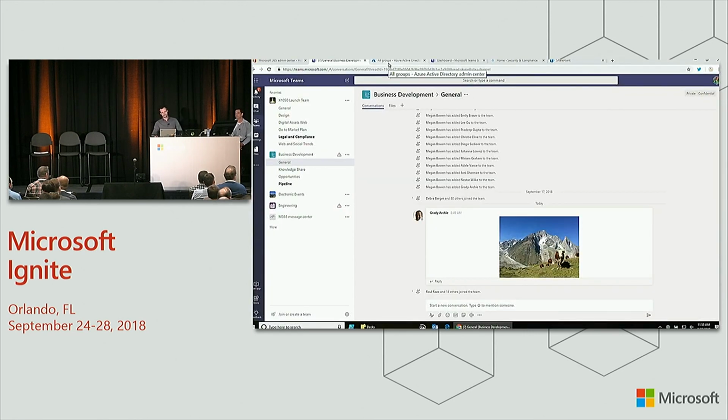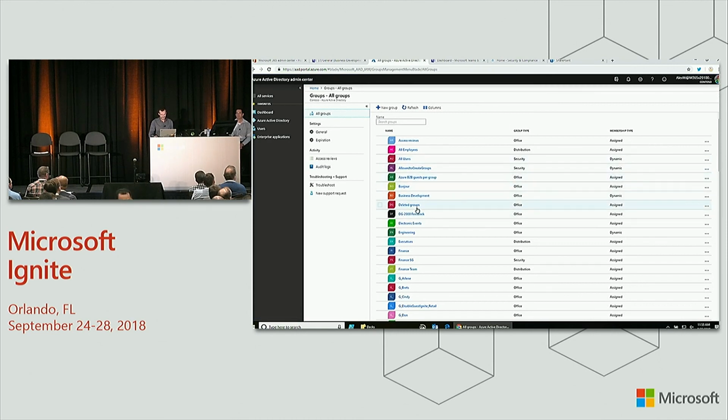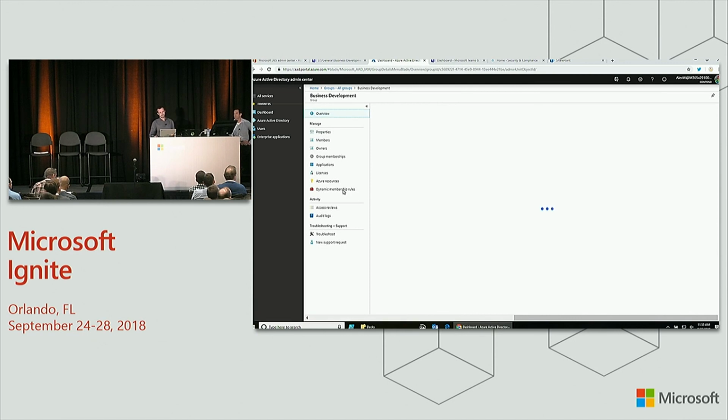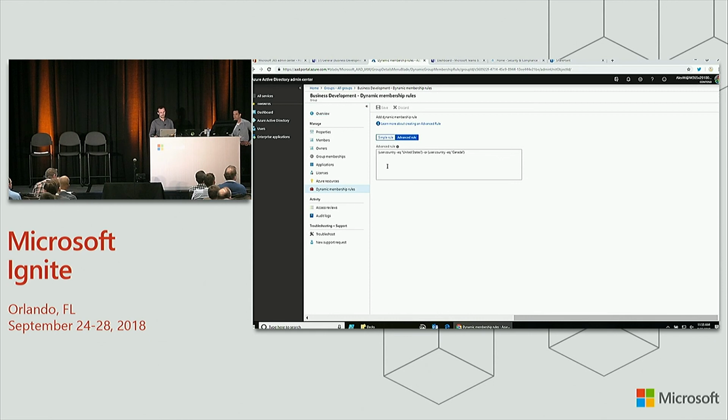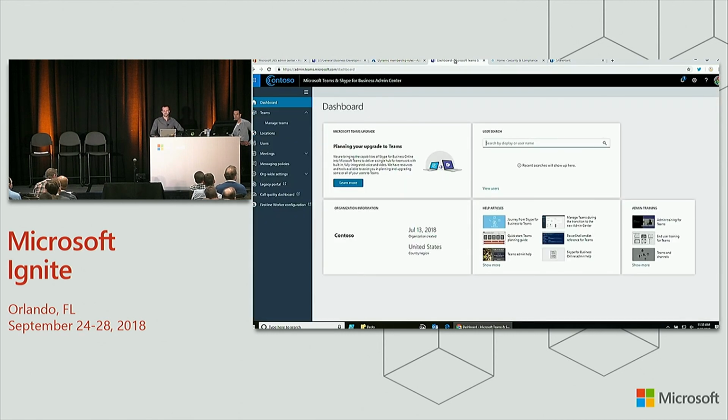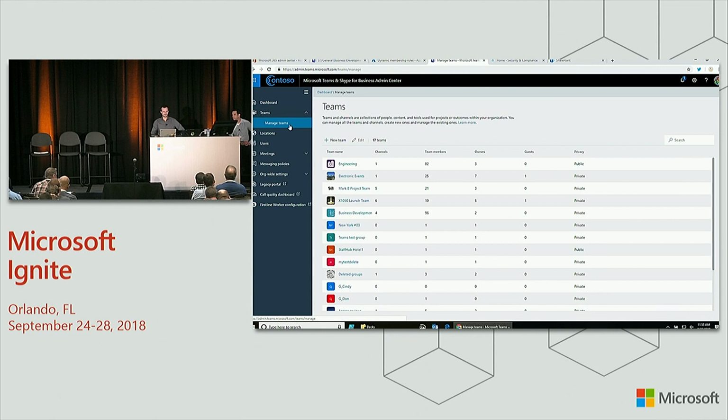So to prove to you that this is where the magic is, here I am in Azure Active Directory. I go to the business development, and this is a group where membership is defined dynamically, and I've got 96 members, and basically there's a dynamic rule that says pull all the users that are based on those attributes. So that's the first demo. Again, making things scale, so you don't put the onus on, let's say, one person to keep track of all the people that should be part of the team. The next thing I'll show you is, again, similar to the new SharePoint Admin Centers.